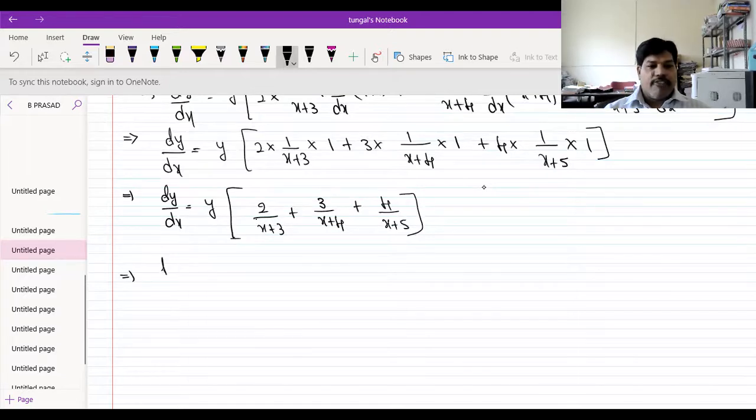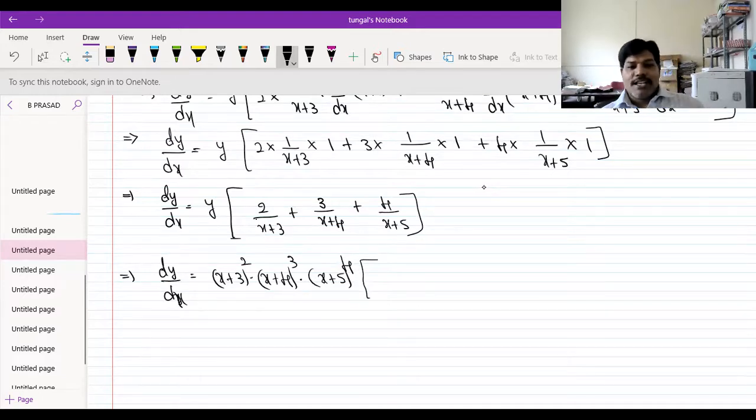That implies dy by dx is equal to x plus 3 whole square into x plus 4 whole cube into x plus 5 whole power 4